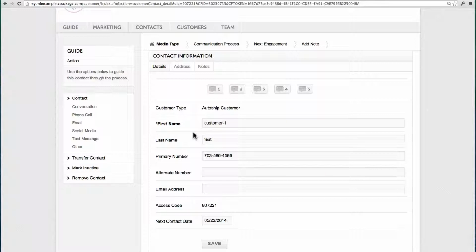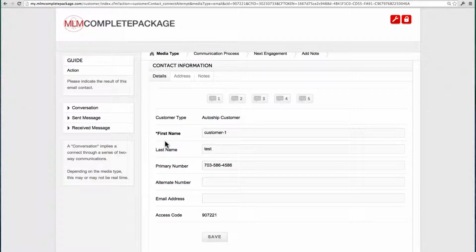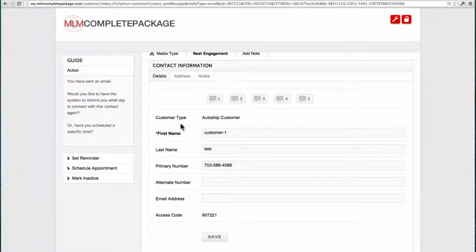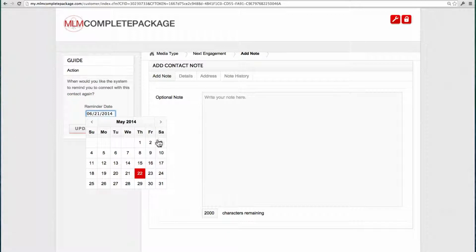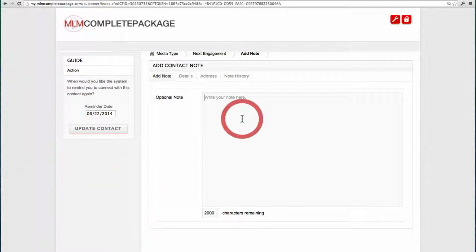So for this person, I'm actually going to send him an email with a link to a recent blog entry about a topic that he would find interesting. So I'm going to click email, and I'm going to send the message to him, and I'm going to set a reminder since I didn't talk to him. And this is May 22nd. I want to engage him again in 30 days, so we'll say June 22nd. Type in my notes here on what link I sent him,